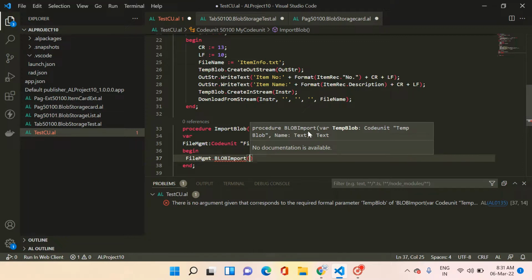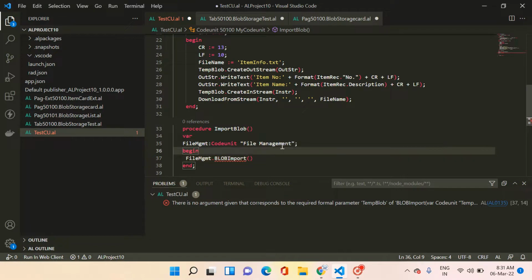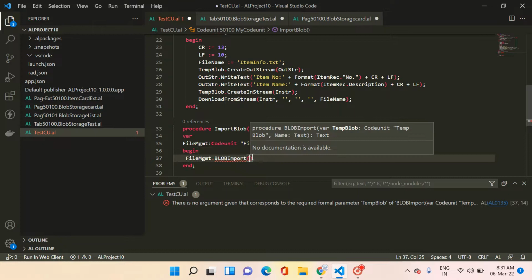Of course we want the file name. We have created one field in our table, and we have to pass one text type variable here, which will return to our file name field. Because it takes a var temp blob and the name itself,